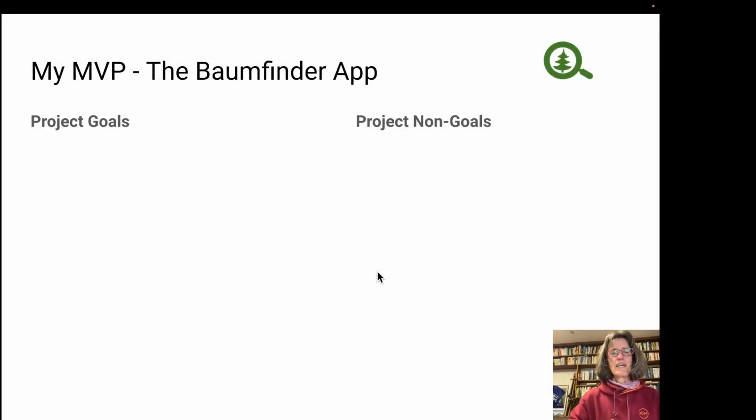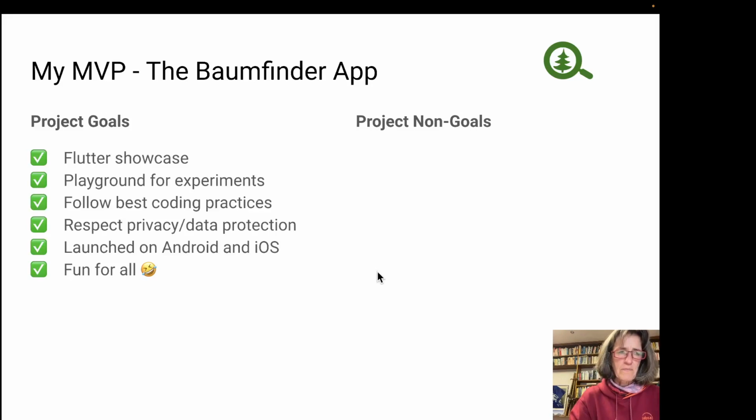So, with this in mind, this is my project, the Tree Finder, or Baumfinder in German. This is what got me hooked on Flutter in lockdown. When I set out on this project, I set myself a bunch of goals. Whatever the project was, I wanted to have a Flutter showcase, something that demonstrates Flutter concepts in a setting that allows for mistakes.